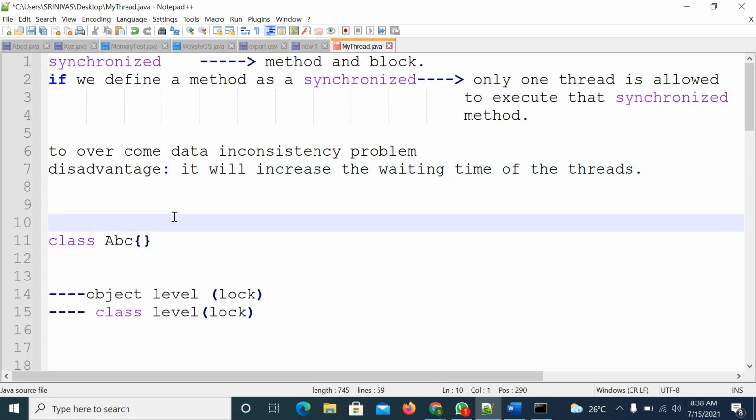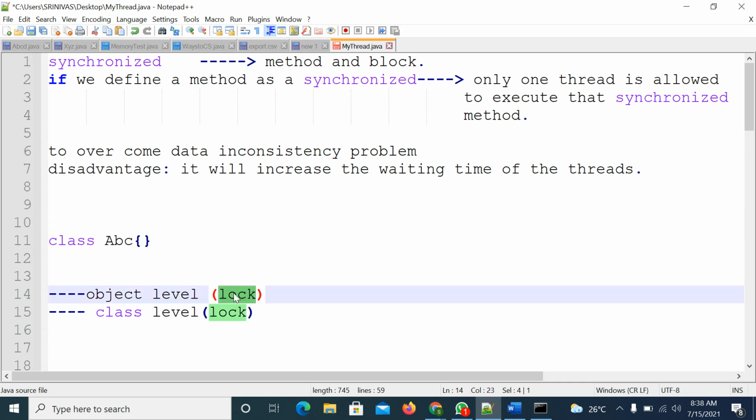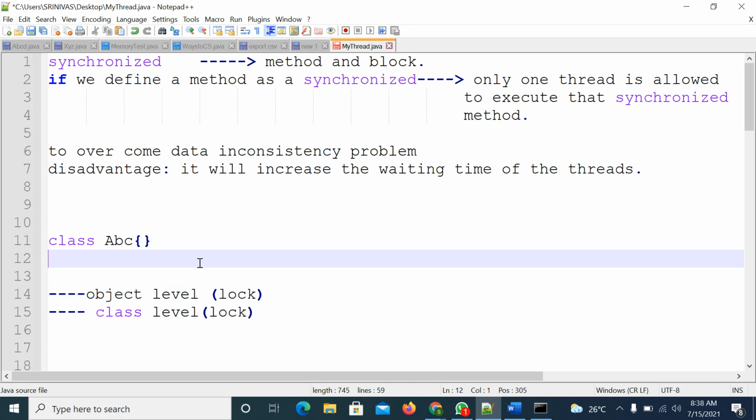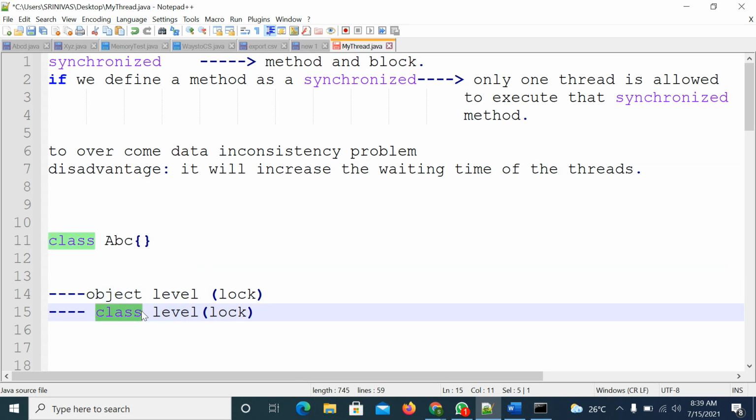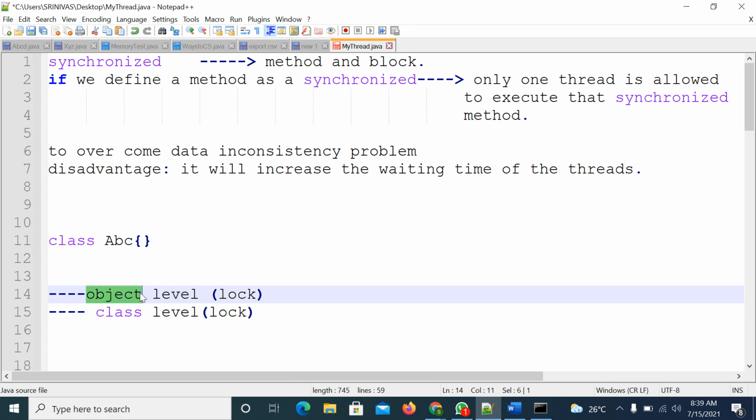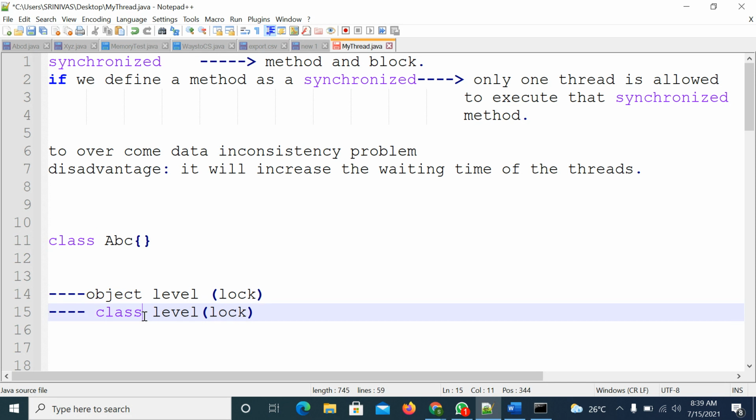Right. Next, if you want to use the synchronized keyword, you need to understand the locking concept. For every class there are two levels: one at object level, one at class level. Object level means instance members, class level means static members. Right.